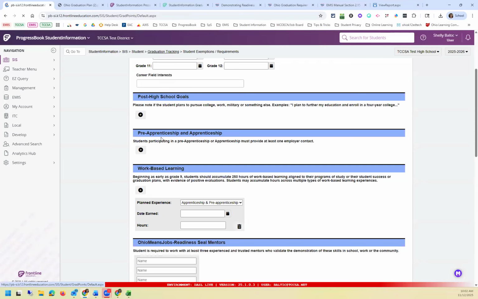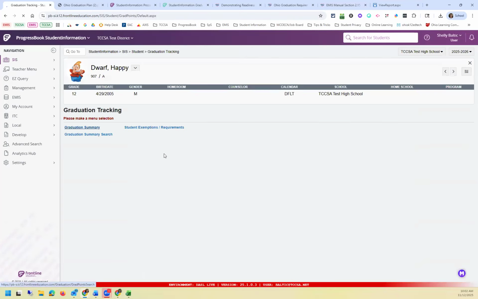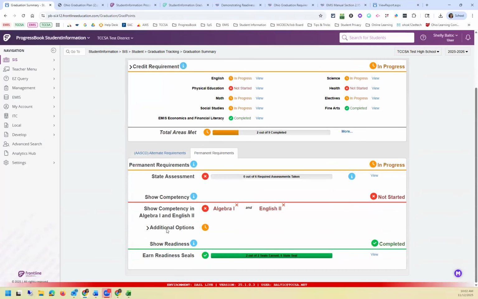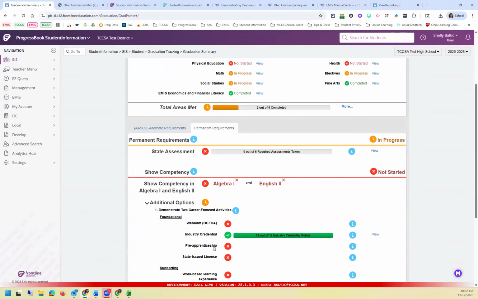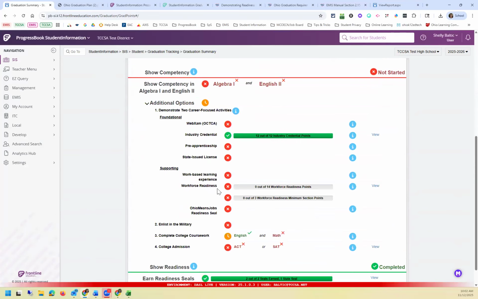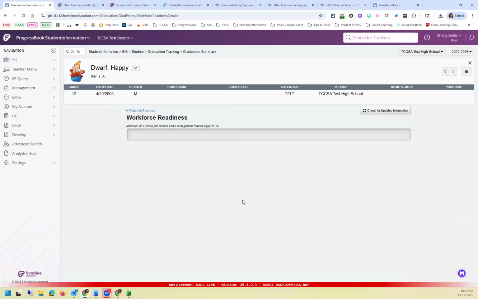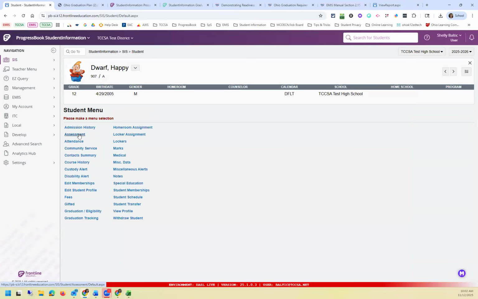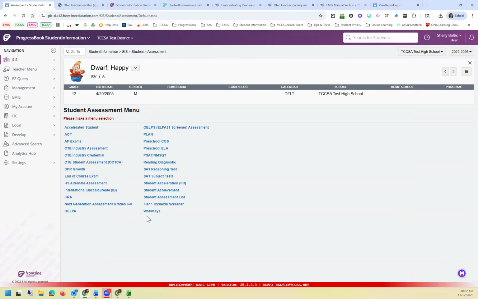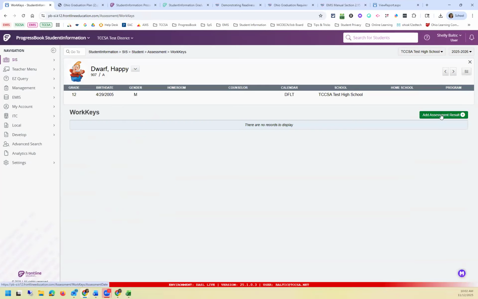Going back to our summary, looking at our workforce and readiness is our next area. Our workforce and readiness, those are our work keys. So again, that is under our assessments, but if I click on view, if I had anything in this area, it would populate what I had. So I'm going to go back to my student, go back to my assessment screen, and then I have my work keys. Once I have my work keys, I can add